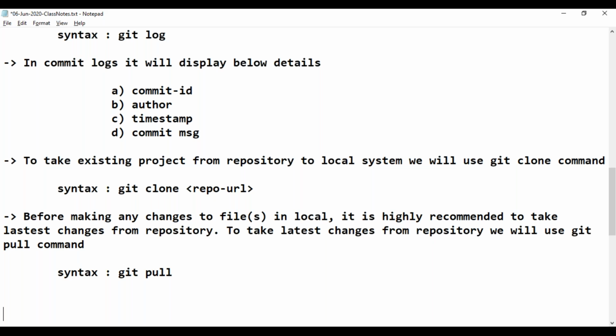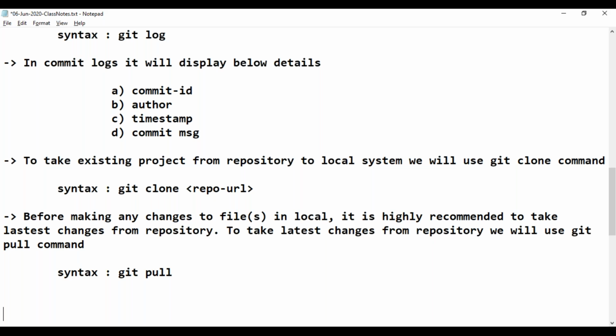Sir, checkout meaning is different in SVN and Git. They have different purposes. In SVN, checkout means cloning. In Git, checkout means undoing, right? When I talk about SVN, I will explain what checkout is in SVN. But in Git, checkout means replacing the repository file in the local. If you've done some changes in the local and you want to remove your changes from the local file, then you will go for checkout. But in SVN, checkout means downloading the project from SVN to your system, right? For SVN checkout, the equivalent command in Git is clone.